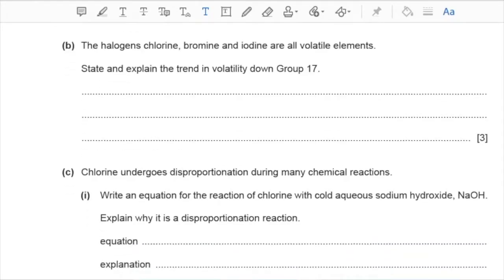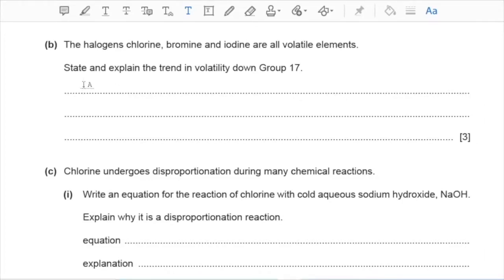Part B, the halogens chlorine, bromine, and iodine are all volatile elements. State and explain the trend in volatility down group 17. So again, volatility is a property which describes how fast a substance changes to vapor form. So volatility decreases down group 17. And the reason is that the number of electrons increases as we go down group 17,